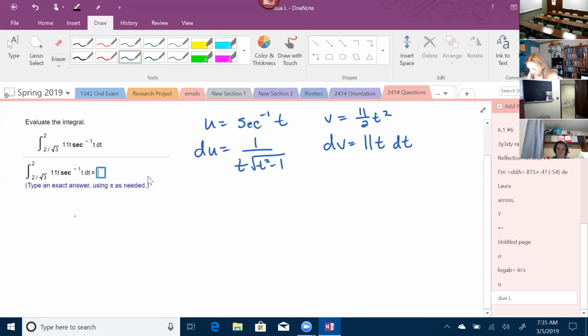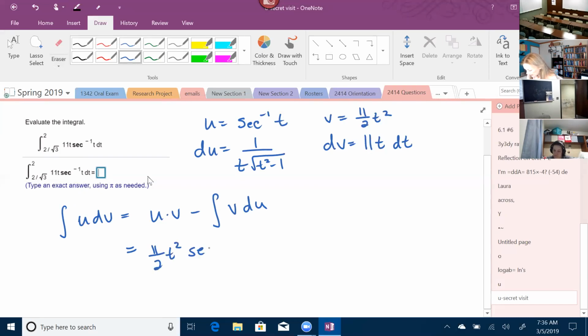Okay, so now the integration by parts is that the integral of u dv is equal to u times v minus the integral of v du. So in this case, u times v, I'm going to write it as v times u because it feels a little bit better, but it'll be 11 halves t squared, and then inverse secant t, minus the integral of v du,